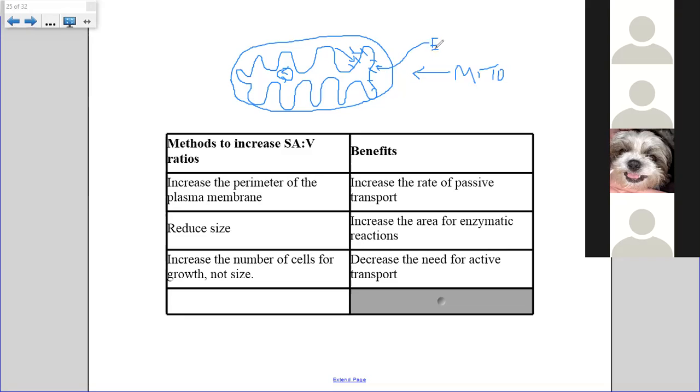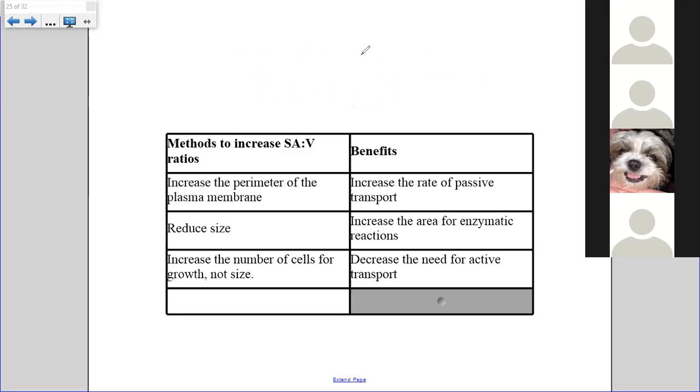That's enzymatic reactions, right? There's an enzyme in there too. So this is the ETC. So the more surface area I have, the more enzymatic reactions I can have as well. So if I were citing the benefits of this, and this is essentially what you'll have to do on the exams,